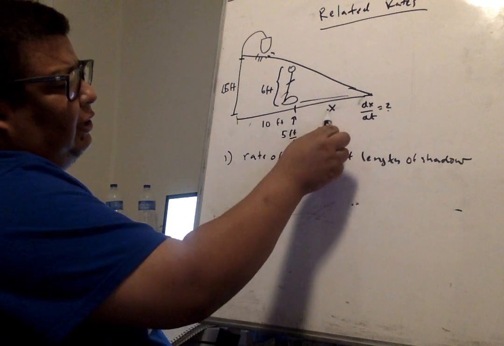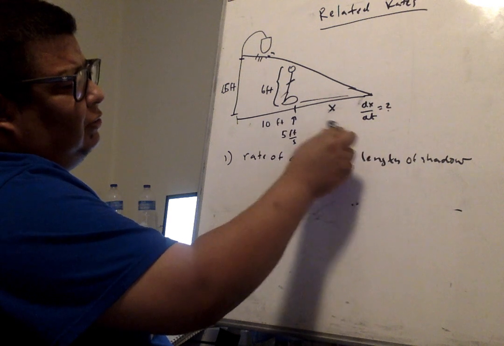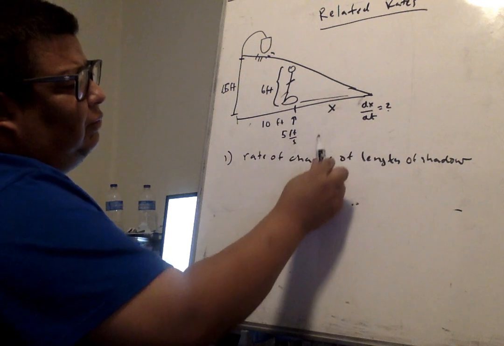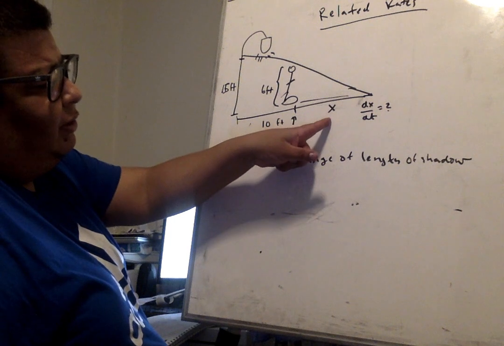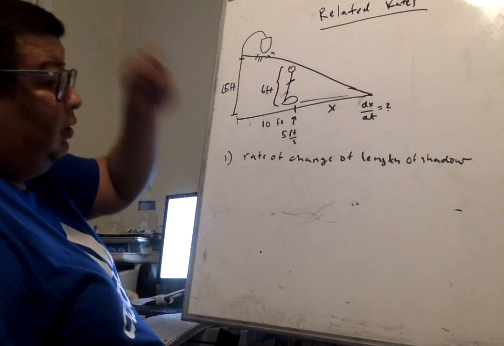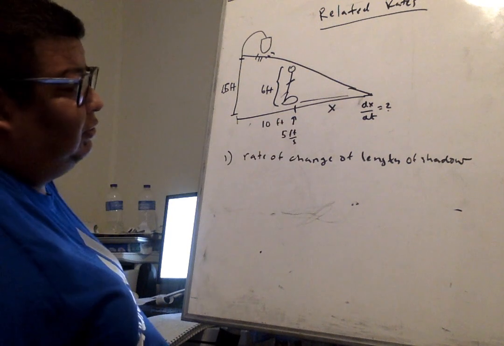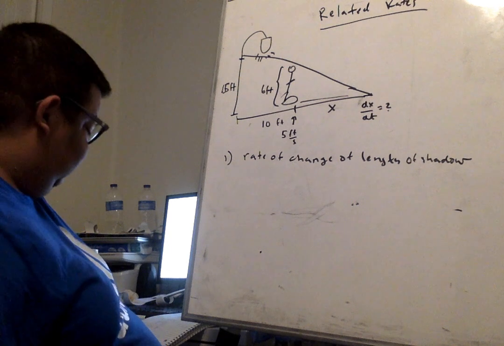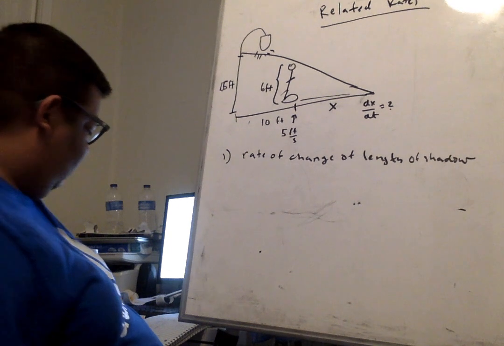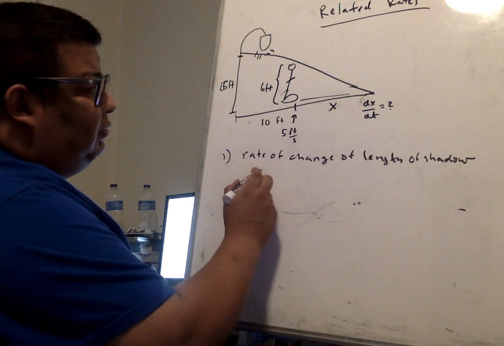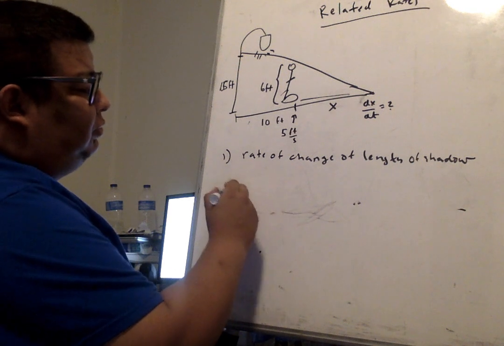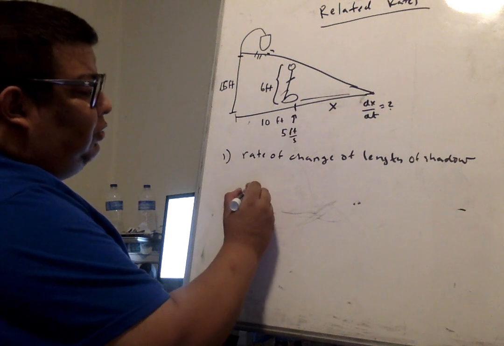So we need to find x and the rate of change. The first thing we need to do is find the rate of change of the shadow. For that I'm going to need to find x first, the length of the shadow. The way I'm going to do it is like this. I'm going to use similar triangles. So I know that 10